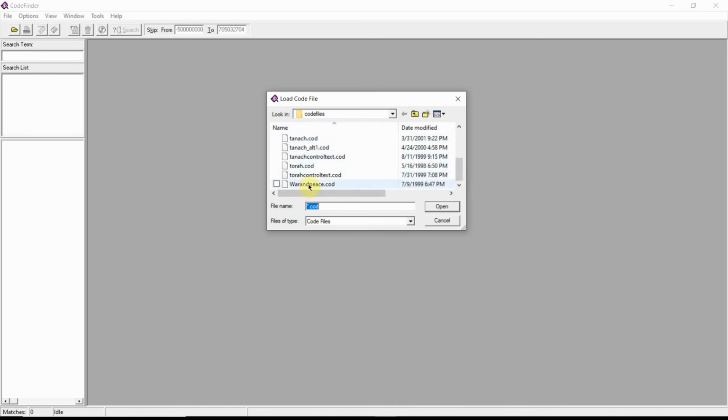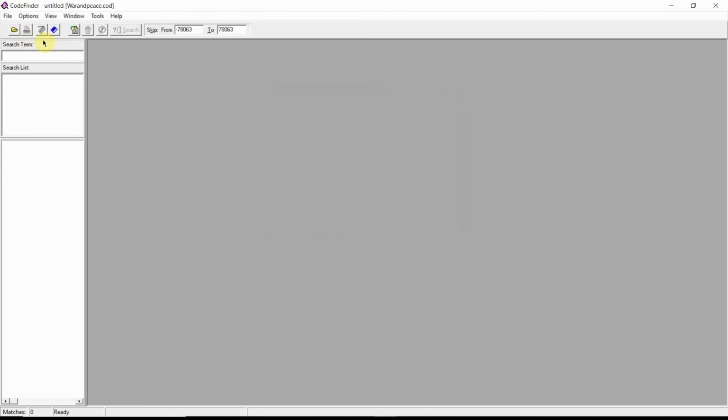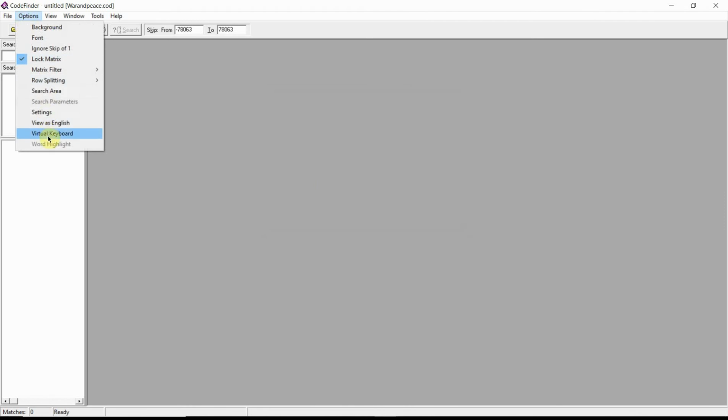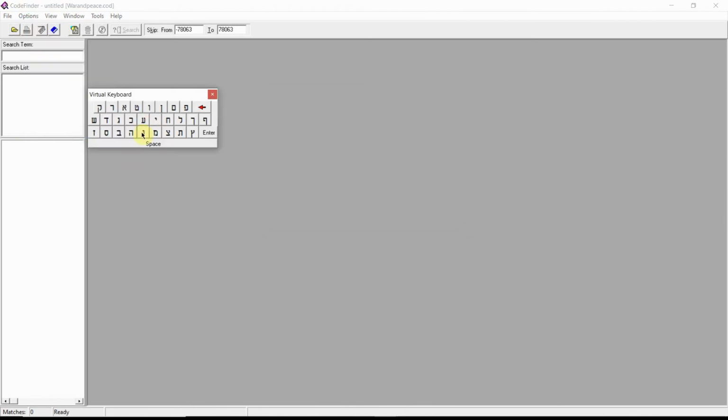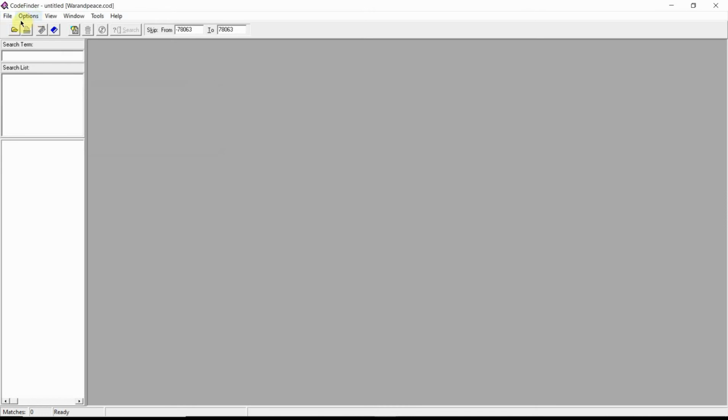You can also pull up War and Peace. I think Moby Dick is in English and War and Peace is in Hebrew. I'm not 100% sure. I guess I can open it and see. Yeah, I get a Hebrew keyboard, so that one's in Hebrew.